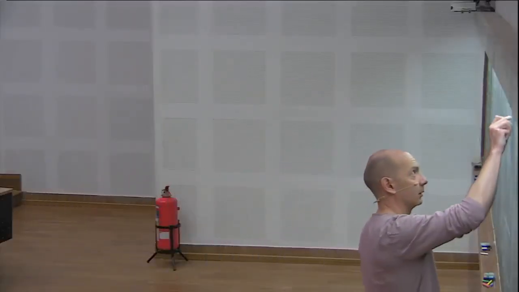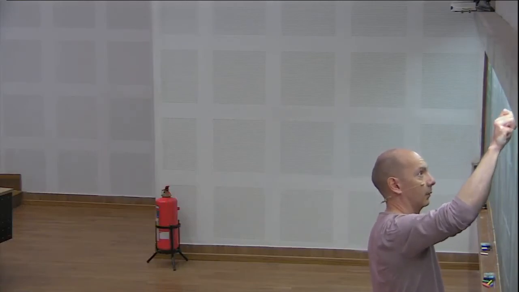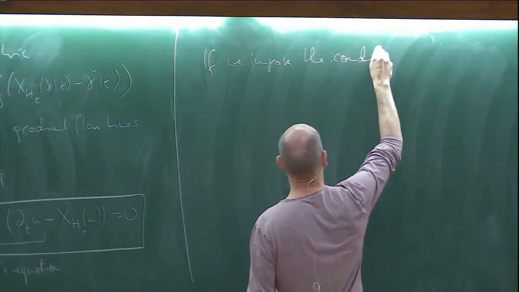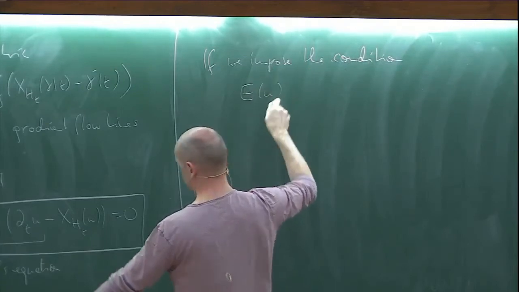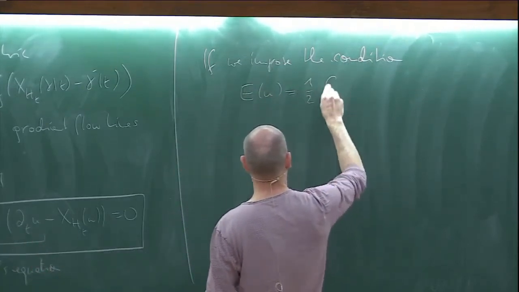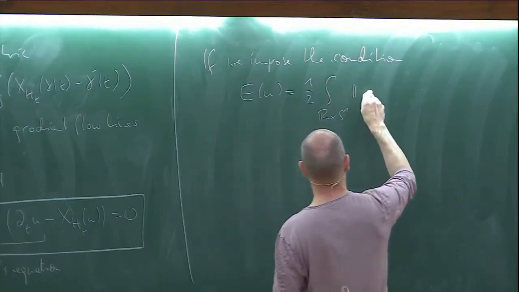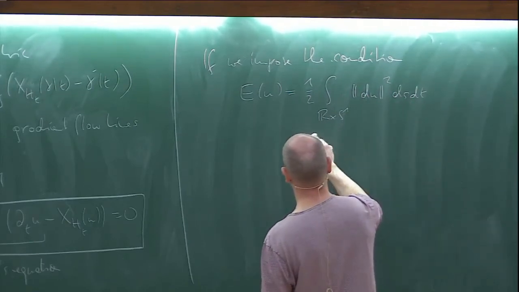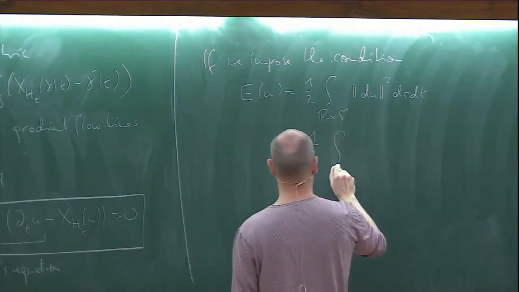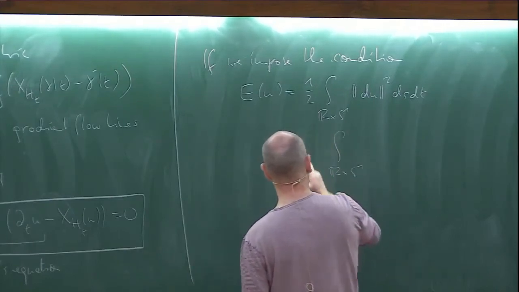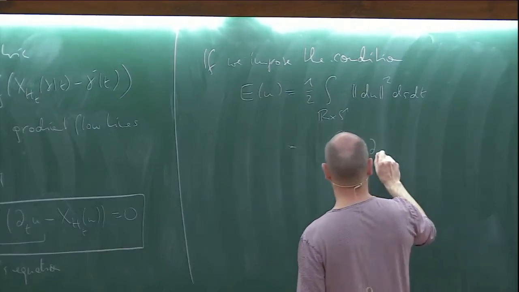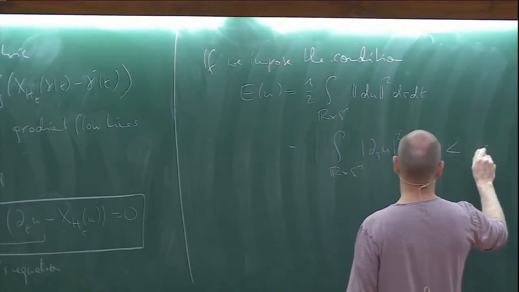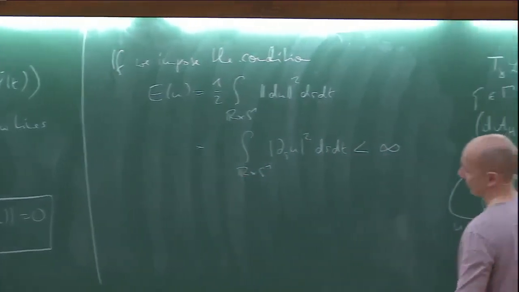And so now the point is, if we impose the condition that the energy of such a map U, which is 1/2 the integral of the differential squared, which, using the equation, can also be written as the integral over R times S1 of the norm of dsu squared, is finite,